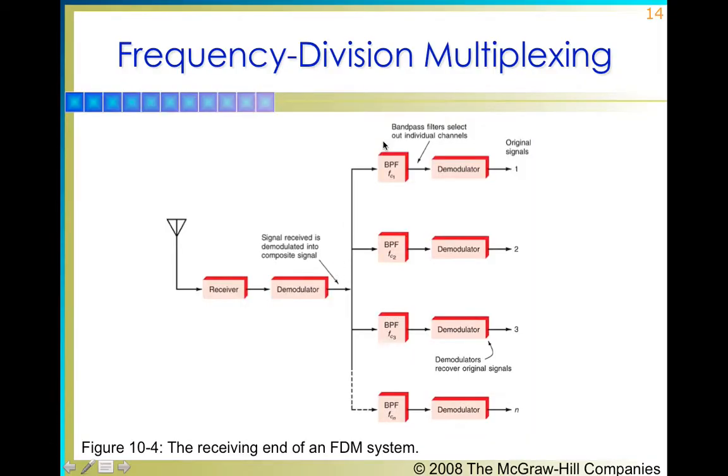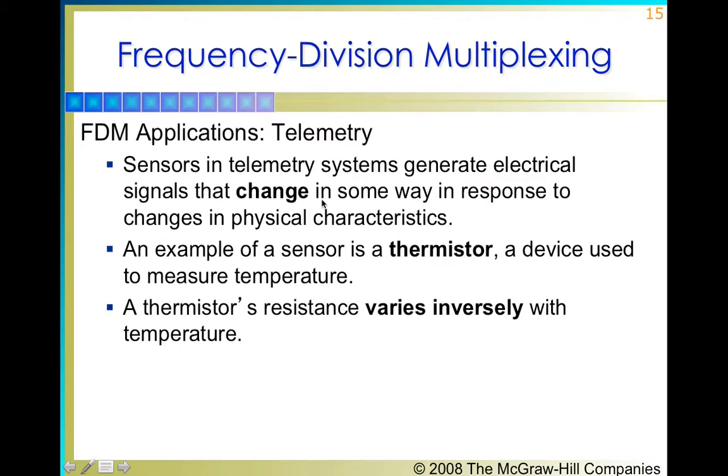So this was the diagram which was explaining the basic operation of the FDM demultiplexer. Then we have an application of the FDM systems, which is telemetry, and telemetry is basically sending the data of some physical parameters like the temperature, pressure from one place to another place. And what happens over here is that the sensors which are getting the information of the physical parameters, their electrical characteristics or their physical characteristics are in relation to each other.